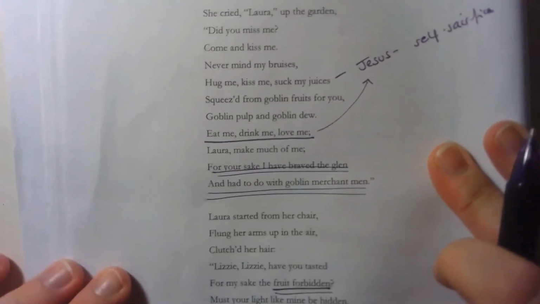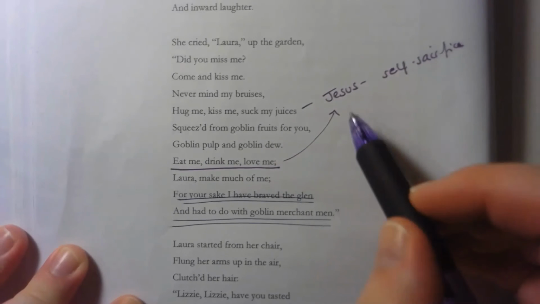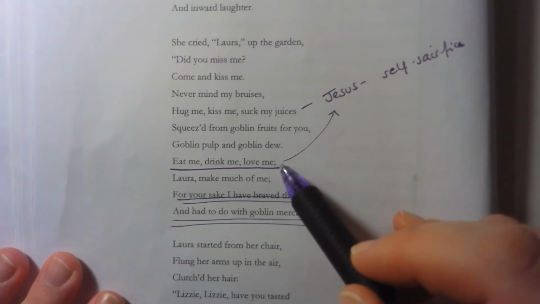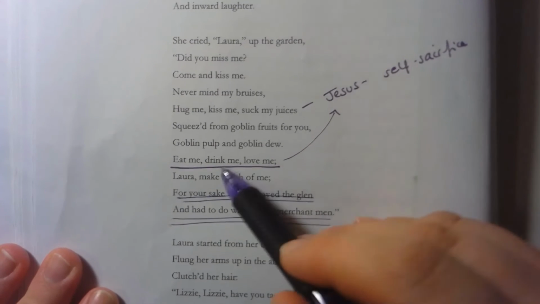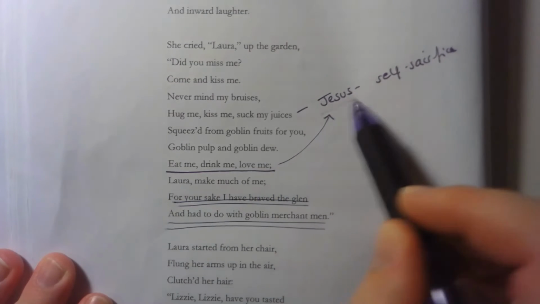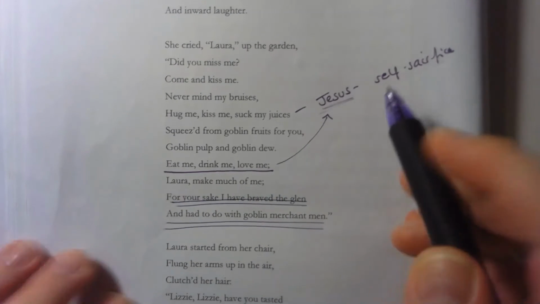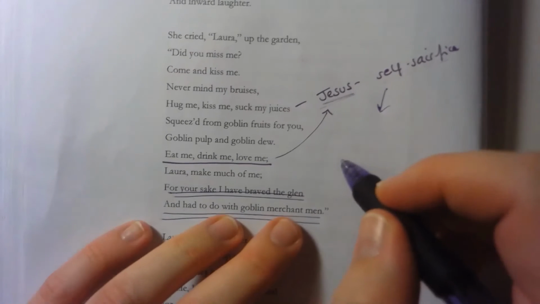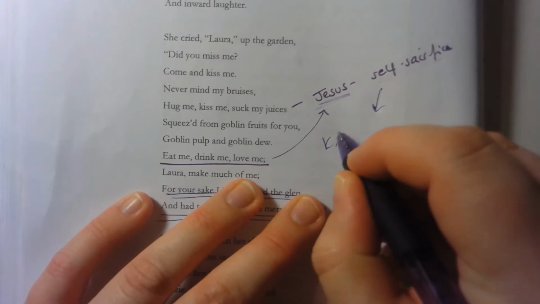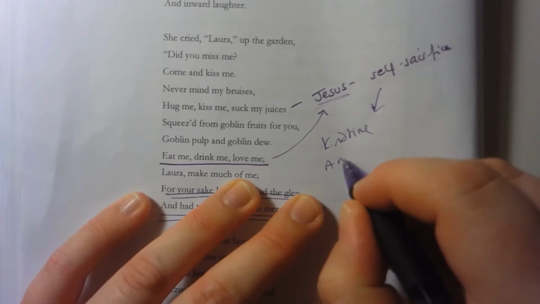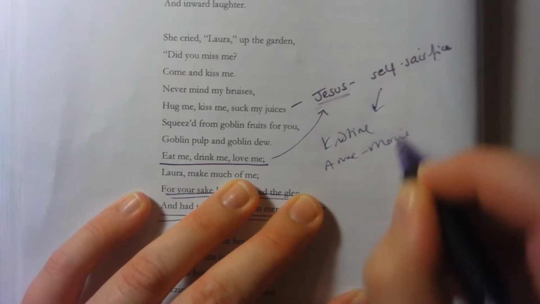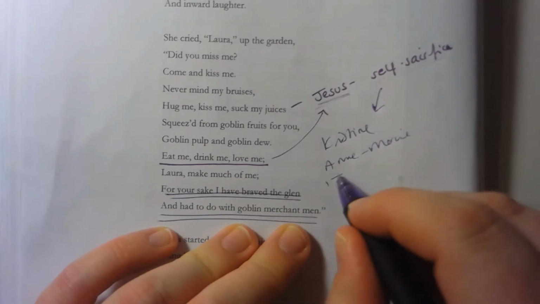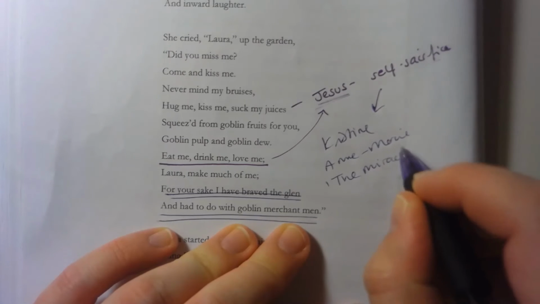Another key symbol for Lizzie, and as I said here, this image of Jesus and self-sacrifice, she brings the fruit back to her sister, and the eat me, drink me, love me is very much a symbol of Jesus here and his self-sacrifice. And self-sacrifice is a really key part in the play as well. Christine does it, Anne-Marie does it, and the miracle that